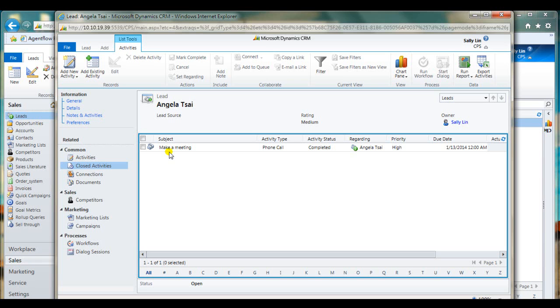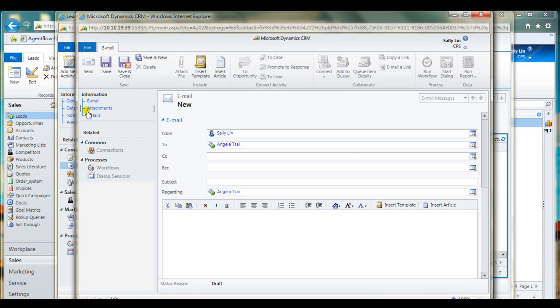And another popular activity is email. As you see, some fields will be auto-populated with the current lead data, such as From, To, and Regarding. And simply type the subject.